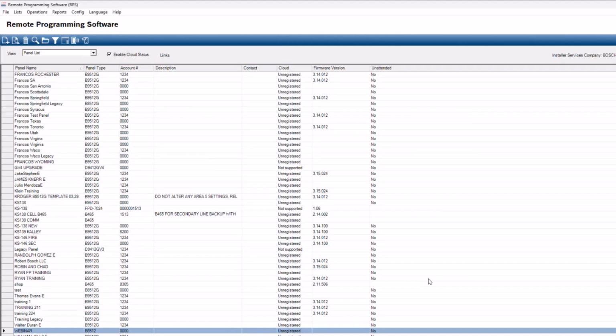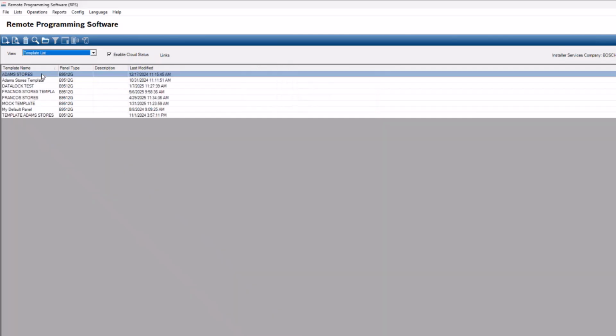Now at this point, we've seen how to create a panel from scratch. Also want to see how to create a panel based off of a template. So if you needed to create a template, it's the same process as creating a panel. But in the top left, if I switch from the panel list to the template list, this is where I